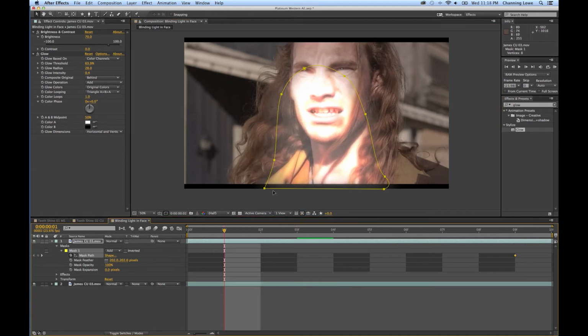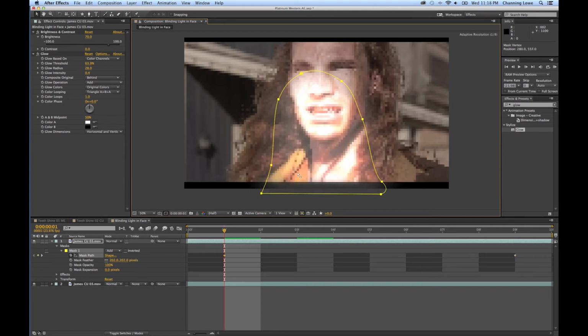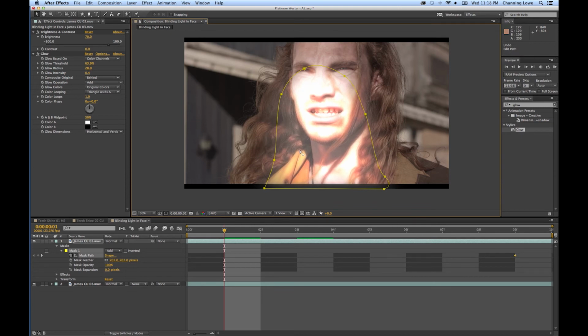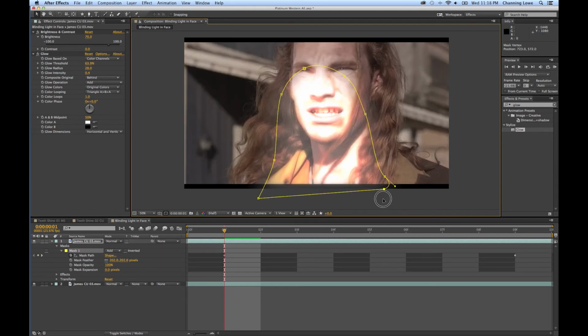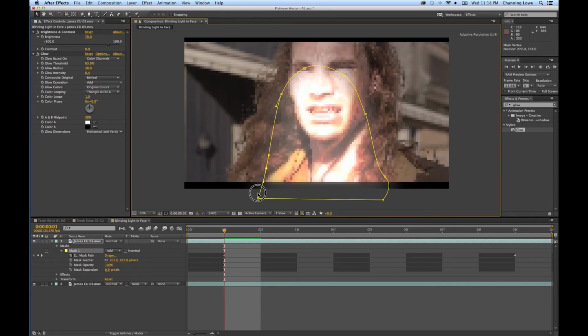I'm going to grab these nodes here. I'm going to make sure I'm on my arrow tool. Click in the middle here somewhere away from one of these nodes so it deselects them. I'm going to grab... undo that. So I'm going to grab my mask. I'm going to move these down a little bit. So at the end it's going to be at this position that I had it before. At the beginning right here, I'm going to pull all these things down